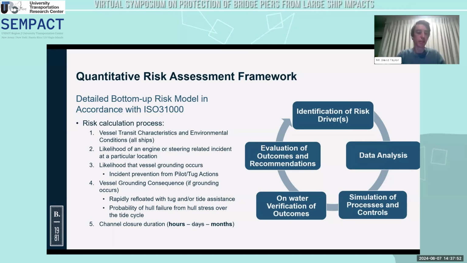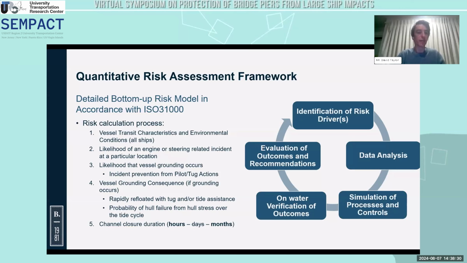The first of those is defining what the vessel transit characteristics and the environmental conditions are all the way through the channel. Each section of the channel across the whole 22 nautical miles is defined for vessel transit characteristics. And from that, we use all of the available AIS data, which is thousands of vessel tracks over the last 15 years, as well as understanding for particular near-miss incidents, those outlying events, what the vessel transit characteristics were.